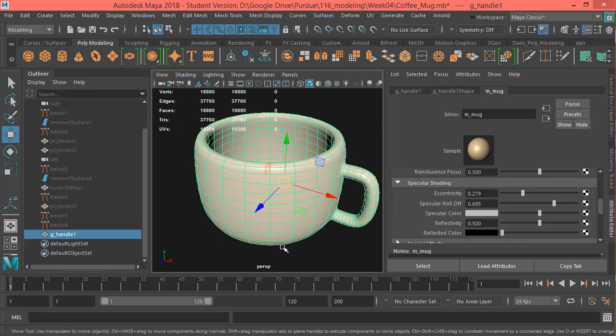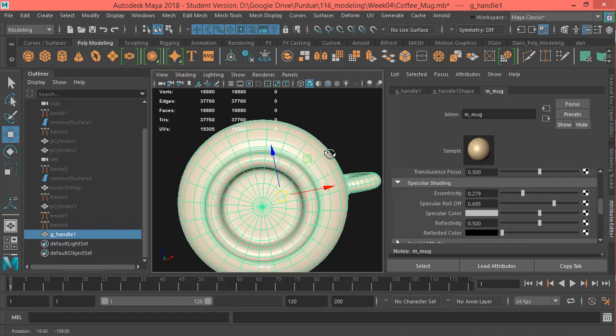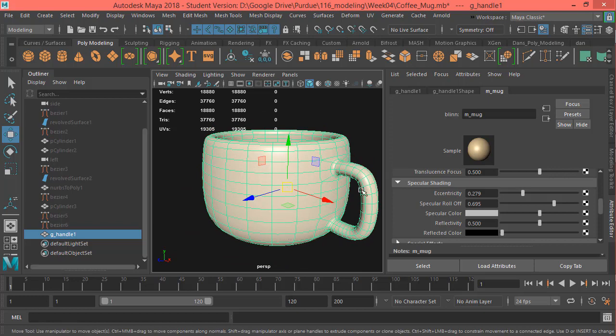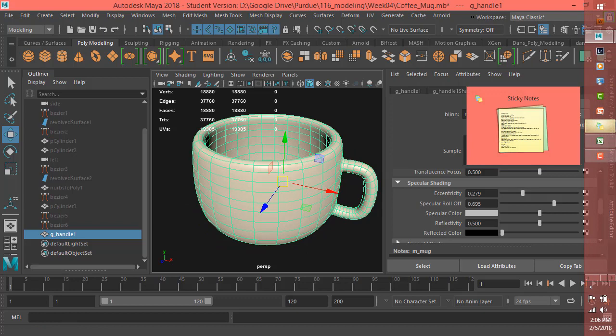All right. So let's stop the tutorial for now, and in the next one we will work on doing our own UVs for this. Okay. So let's go ahead and just